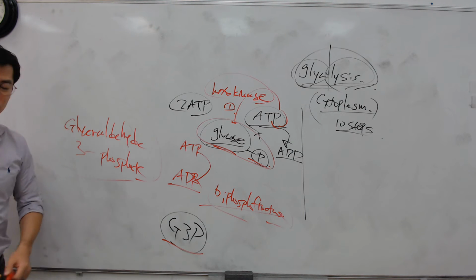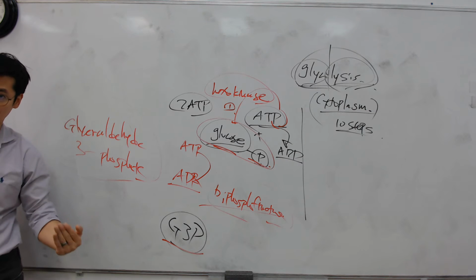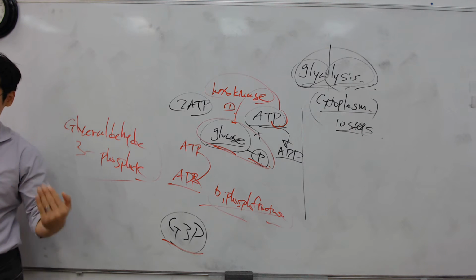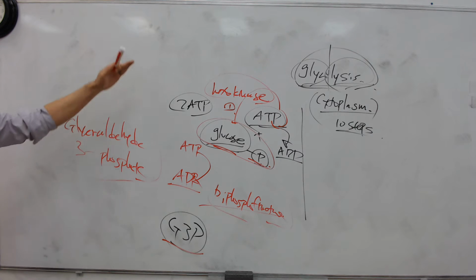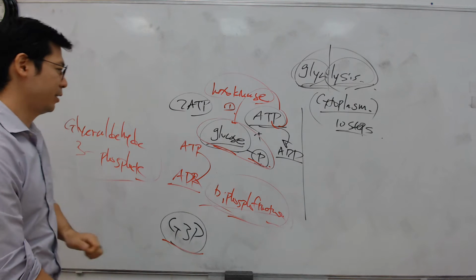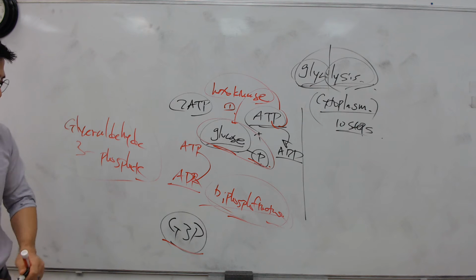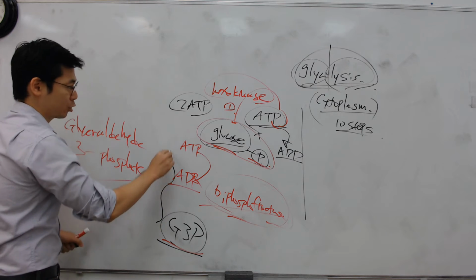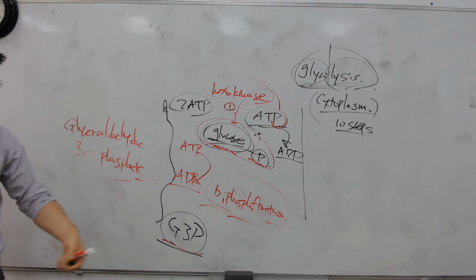So what is G3P, again? Glyceraldehyde 3 phosphate is the final product of photosynthesis, the Calvin cycle. A lot of these intermediates resemble what you see in the Calvin cycle, but it's going backward. If plants produce G3P, they just have to backtrack to produce glucose. That's what they're doing, guys.